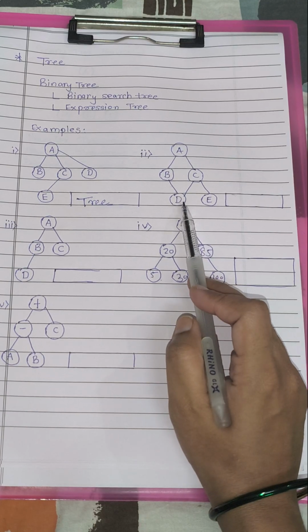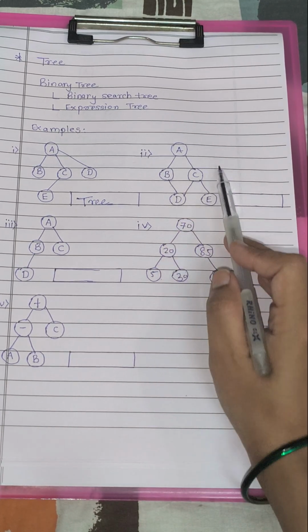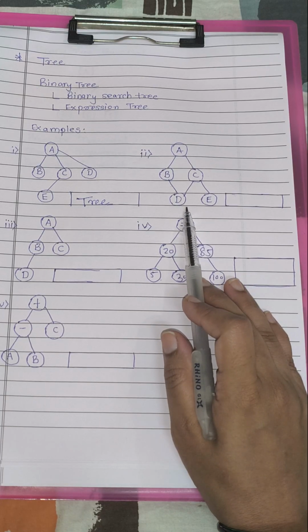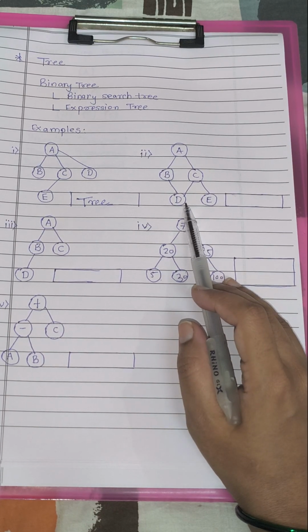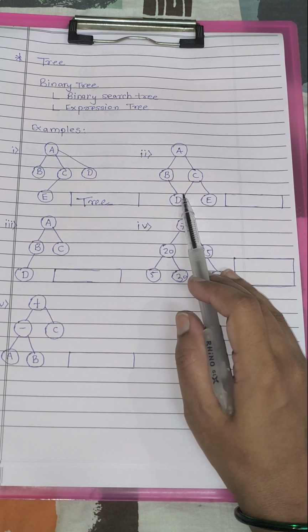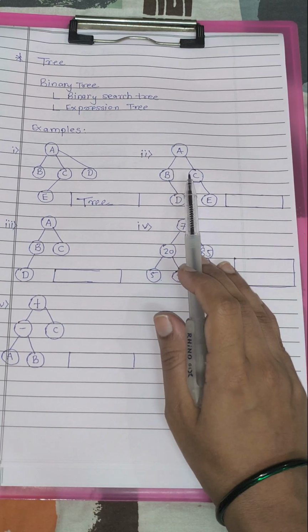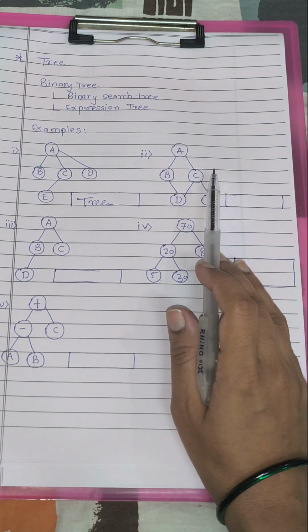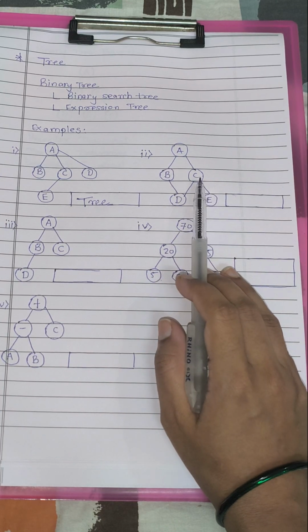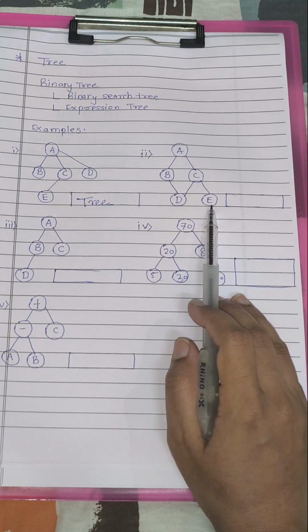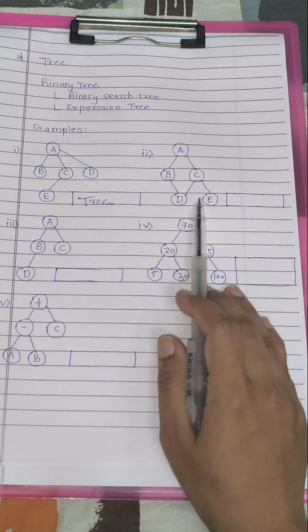Talking about the second example, this is something very tricky. I hope you have guessed it by now. Let's cross-check what answer you have got and what is mine. In defining our tree structure, each node has 2, 1, or more than 2 child nodes if it is simply a tree structure. But here we can see that each node has 2 child nodes, so we may call it a binary tree. But one problem exists in this diagram.